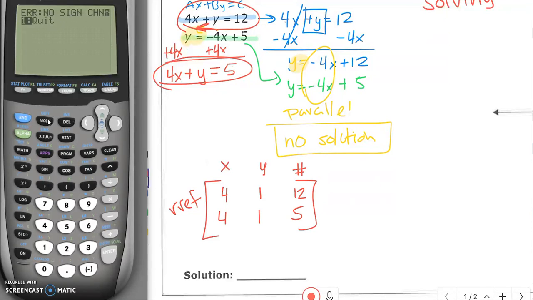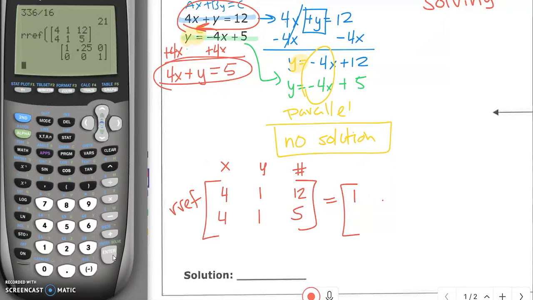So when we go to put that in the calculator, we do second matrix, that x to the negative 1 power, math, all the way to B to get the ref, get that in, alpha zoom, make sure it's 2 by 3, so I select both of those, okay, and then I put in my numbers, 4, right, 1, right, 12, right, 4, right, 1, right, 5, right, and then now enter it in, and my solution matrix